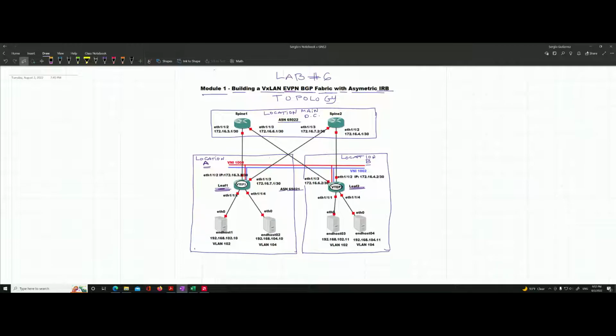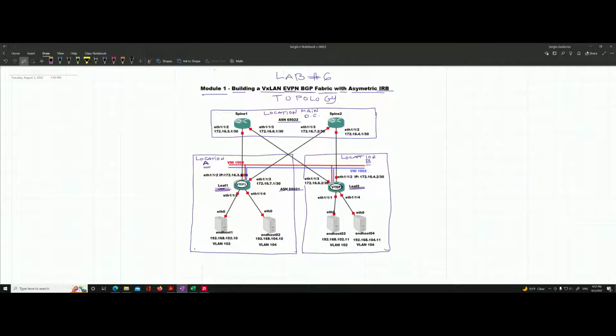So those are the basic components so far. Now that I have identified the three locations and the purpose of each leaf and the purpose of each spine,